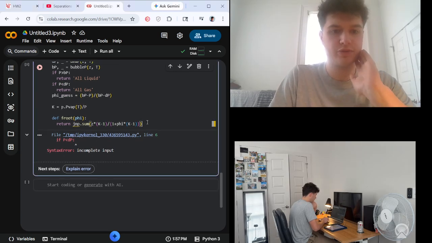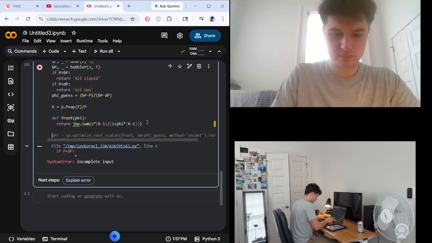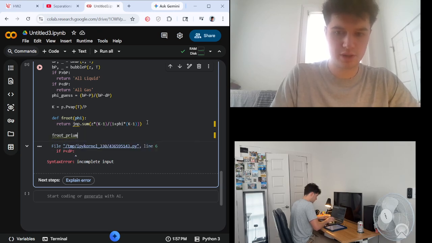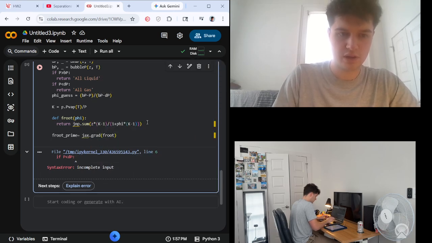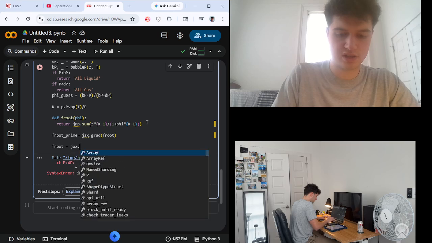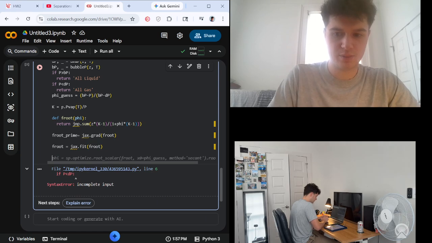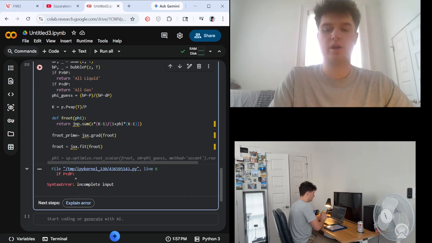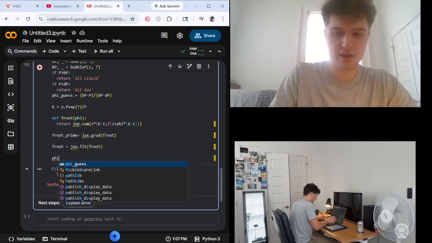So now we just have a couple more functions to put in here. We need the Rachford-Rice prime. And again, we're going to use JAX here, just like we have previously. We need jax.grad of the function. And then we also need the function equals jax.jit of the function. The last step will be actually plugging in what our phi is, what our x is, and our y. And that is going to be phi equals